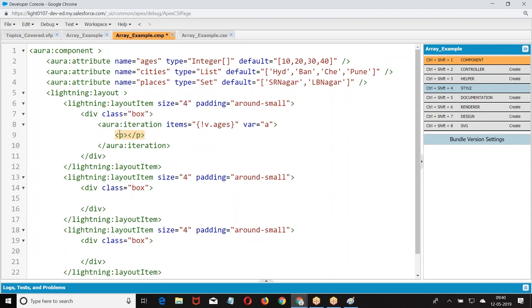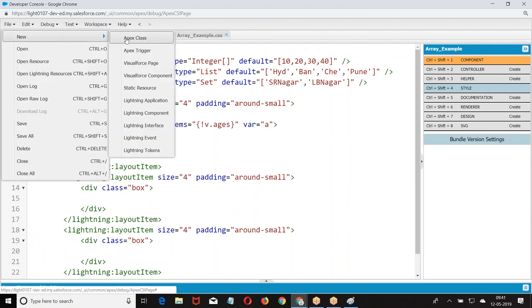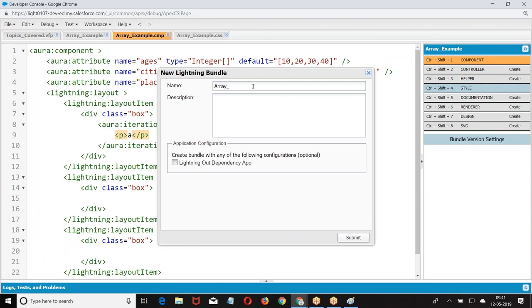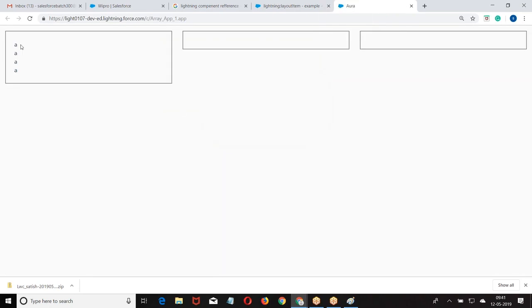I want to print on a separate line. What are you trying to print? Now, let me go with this. Now we are getting the value here.